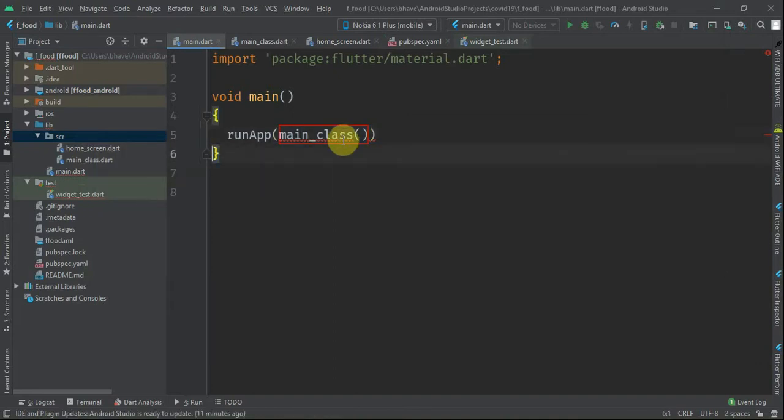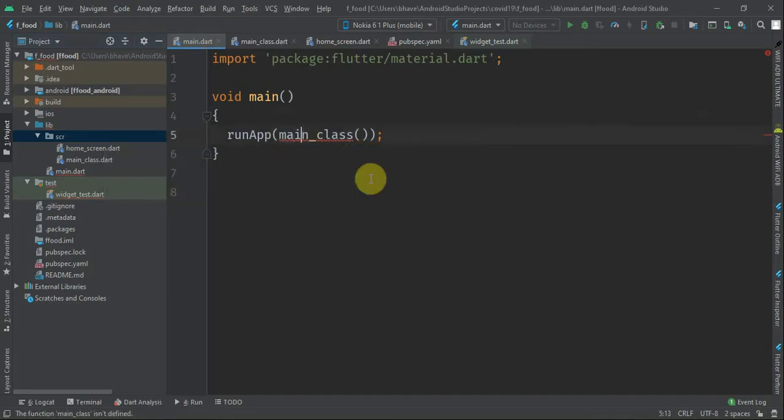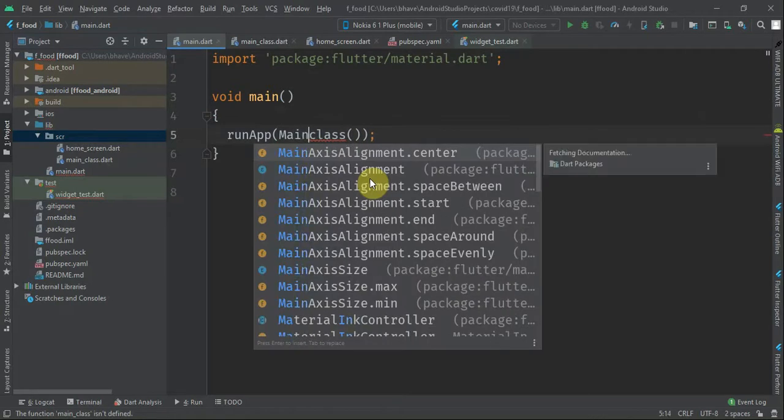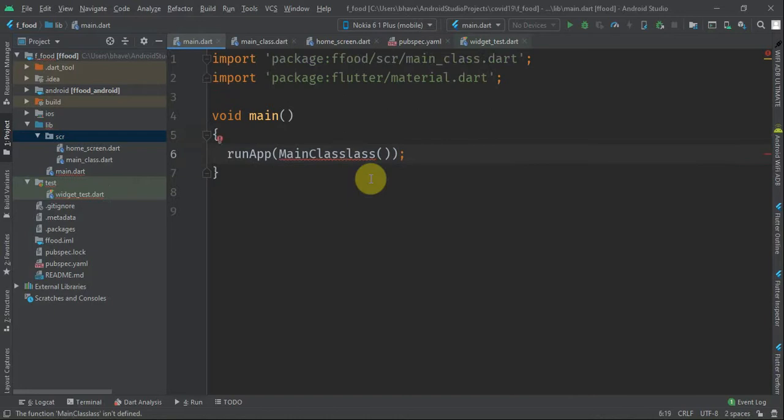Okay, always with me my smart gestures don't work at all. Why is this the case? Alt, now it came create a function. No, I don't want any function. This is wrong, because I have mentioned main class, right? Main class, so it will automatically fetch the main class.